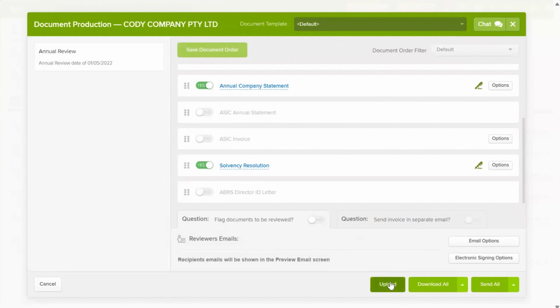We can also upload our own documents to this pack. Maybe, for example, you'd upload your service invoice, so it's all going in the one pack. You have the ability to download this to your device. This may be if you're sending it out through your own emailing system or potentially mailing this out to a client. And then finally, you have your send all